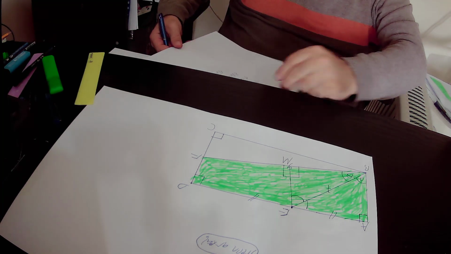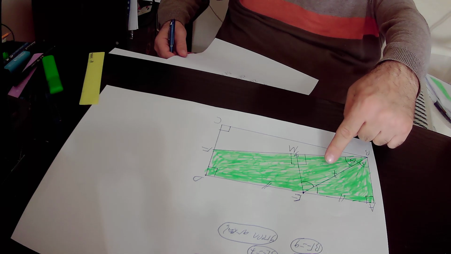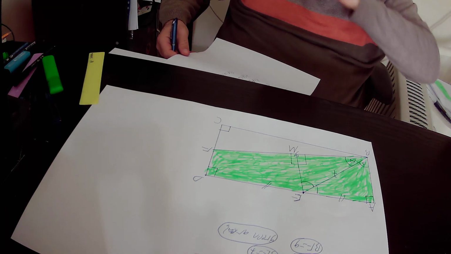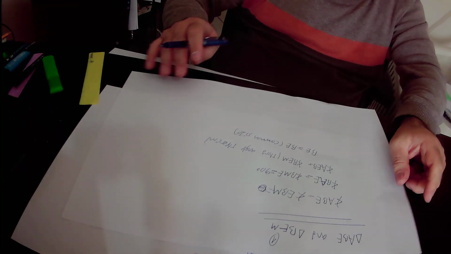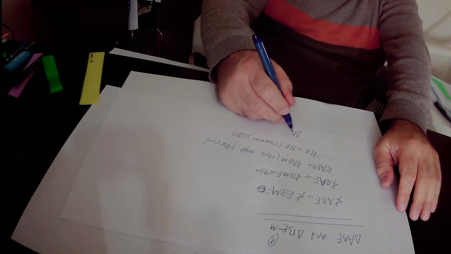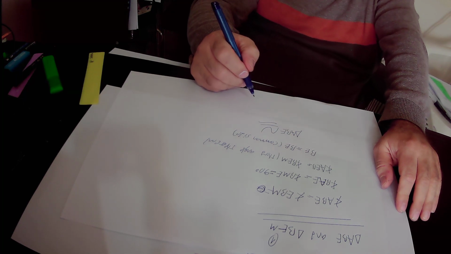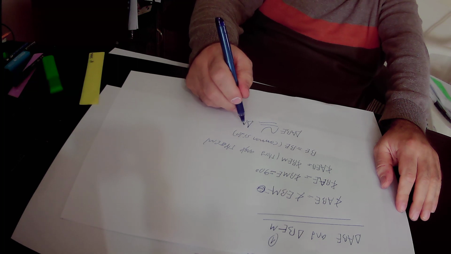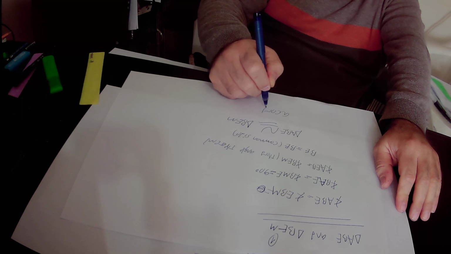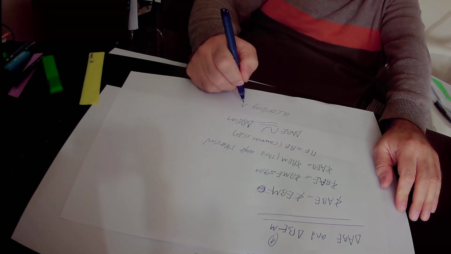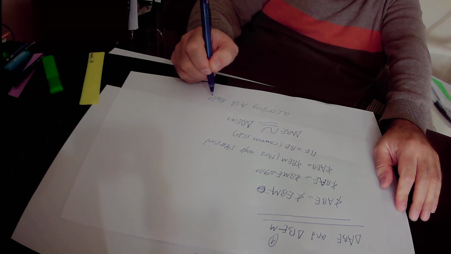So we actually proved that triangle ABE is congruent to triangle BEM according to the angle side angle rule. Okay,